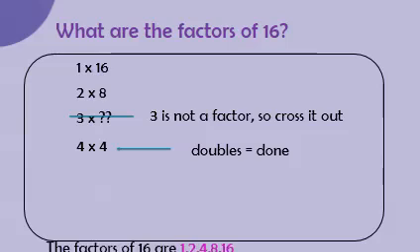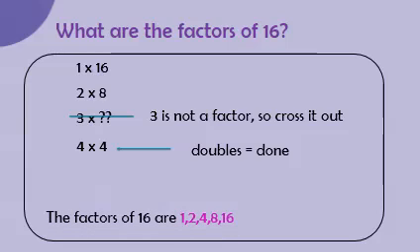So the factors now are 1, 2, 4, 8, and 16. You don't try the number which is double twice. So the factors are these: 1, 2, 4, 8, and 16. Don't forget to arrange them from the least to the greatest. Let us take another example so you would get it